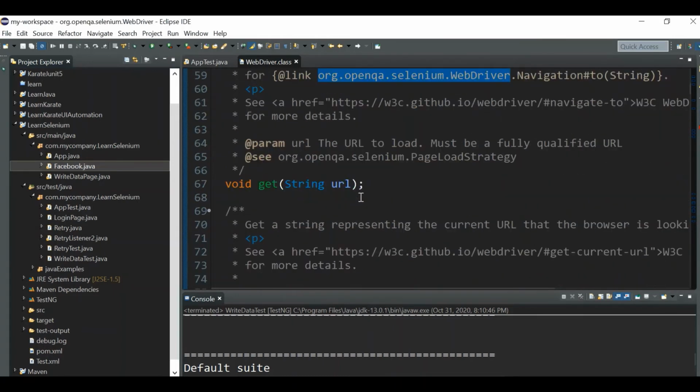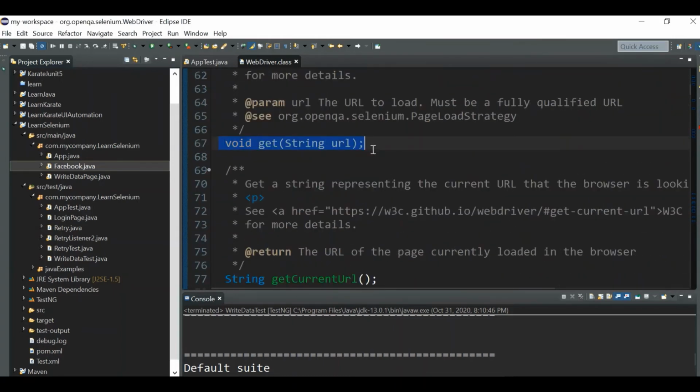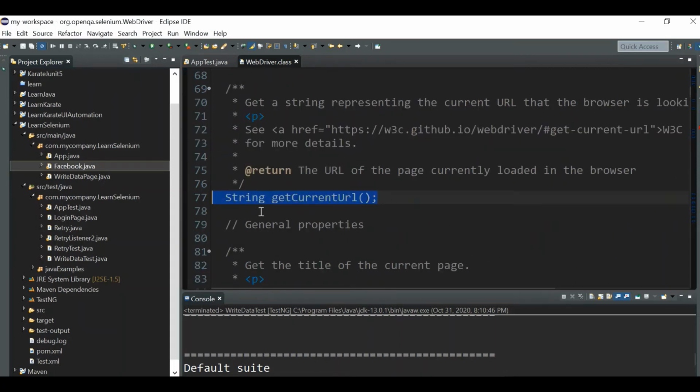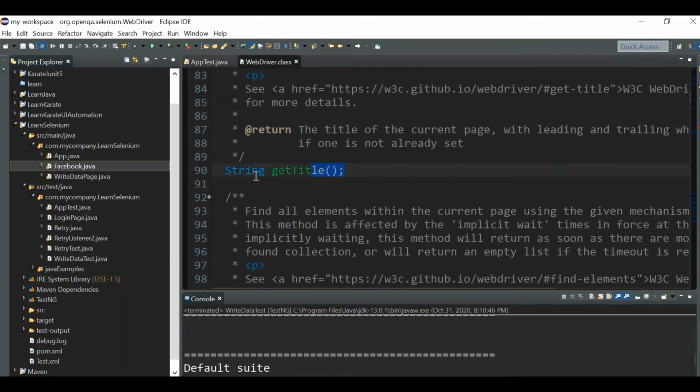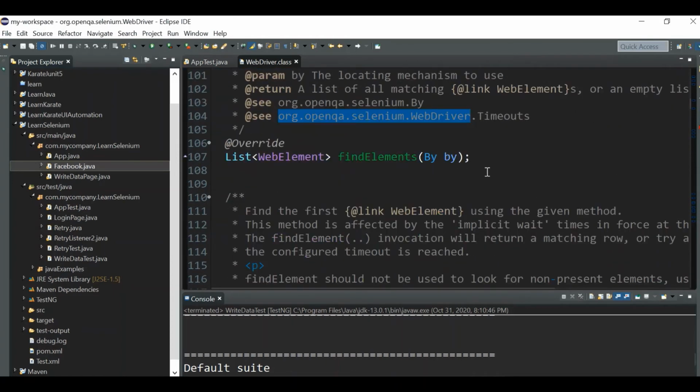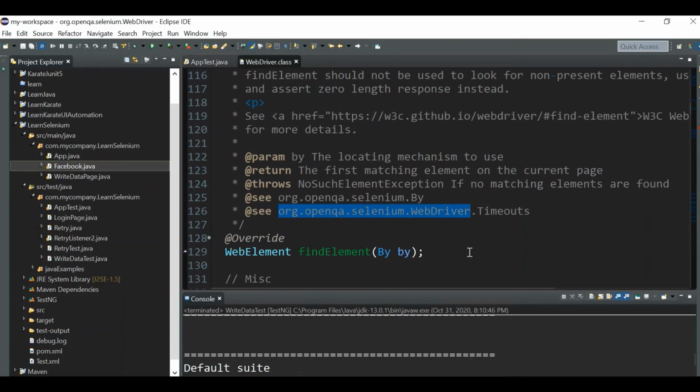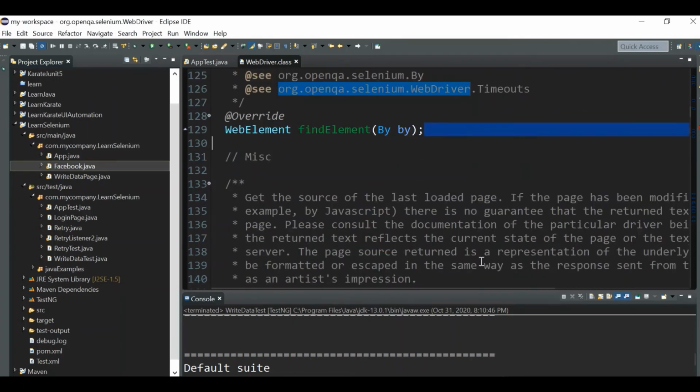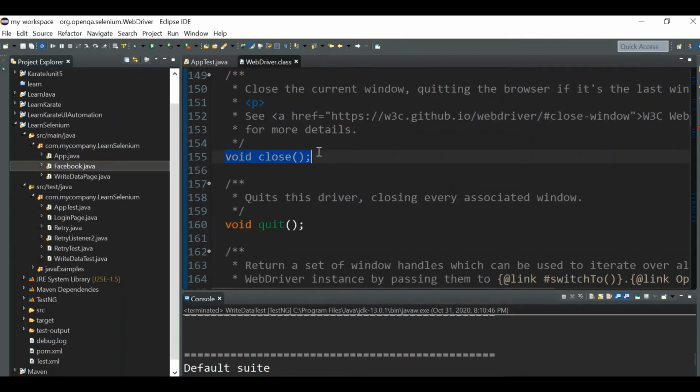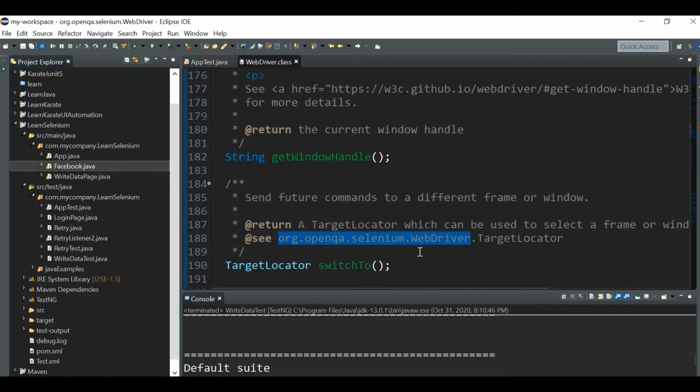In this WebDriver, you can see only the method line with a semicolon at the end. It doesn't have the body, right? String getCurrentUrl, String getTitle. All these have only the method names and the return type. It doesn't have the body. So this is what an interface is in Java.